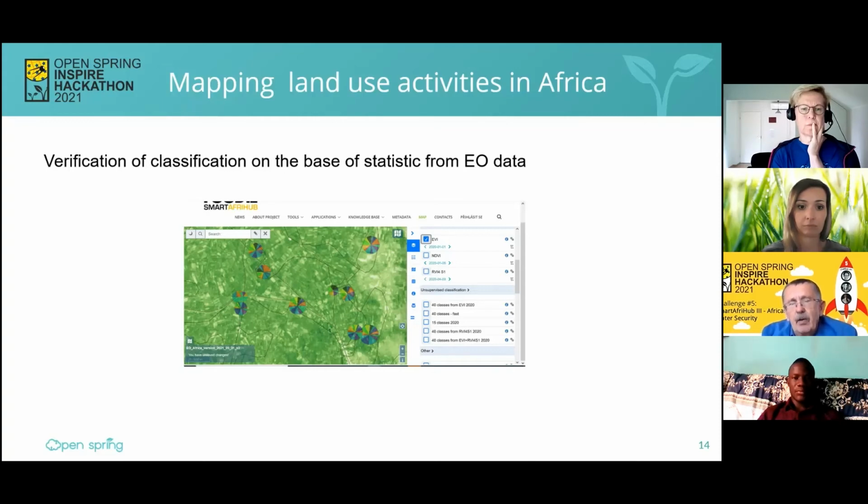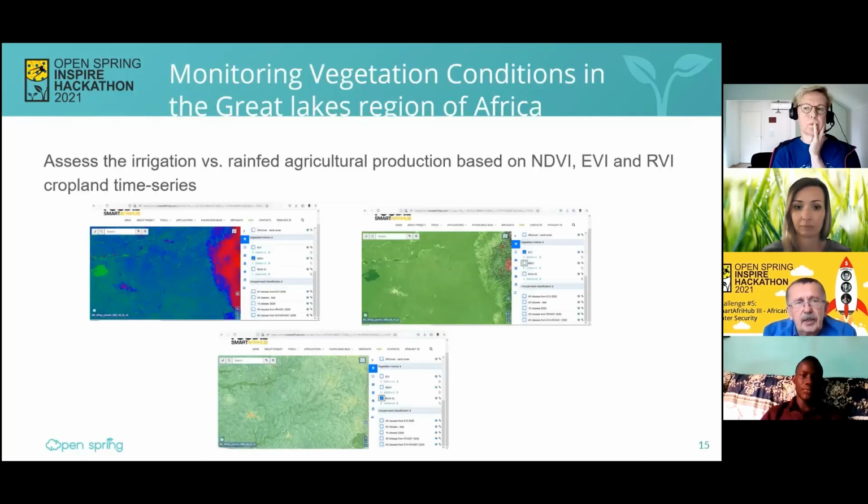This is the way we are able to combine existing vector data with Earth observation data. It is in some way based on ideas of GEOBIA methodology, and we see this as a big future for monitoring of Africa and for building maps which will be able to help countries, but also regional organizations.